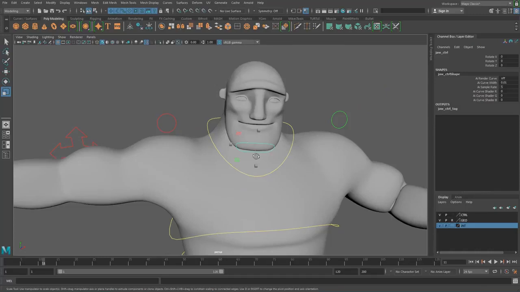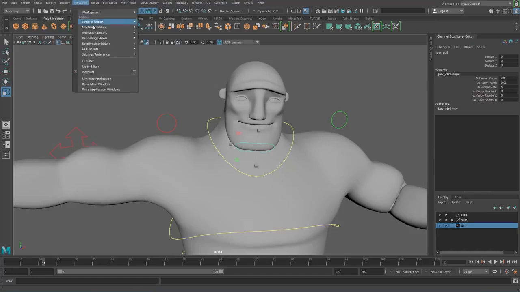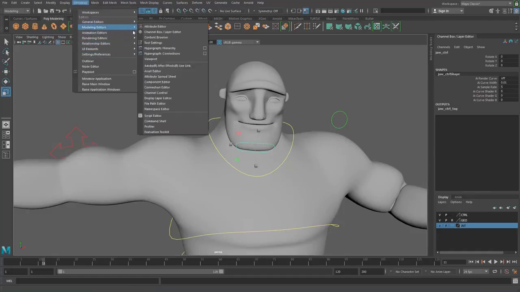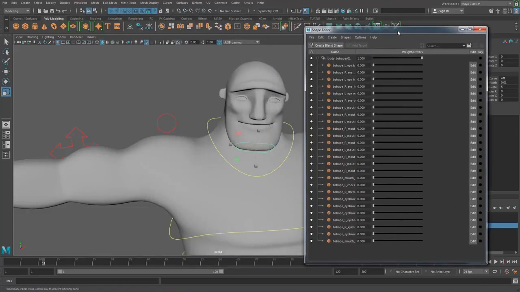We've got something called a blend shape, which is, if we go to Windows, Animation Editors, Shape Editor, we've got all of these blend shapes, and these are just nodes that are plugged into this particular character rig that allow us